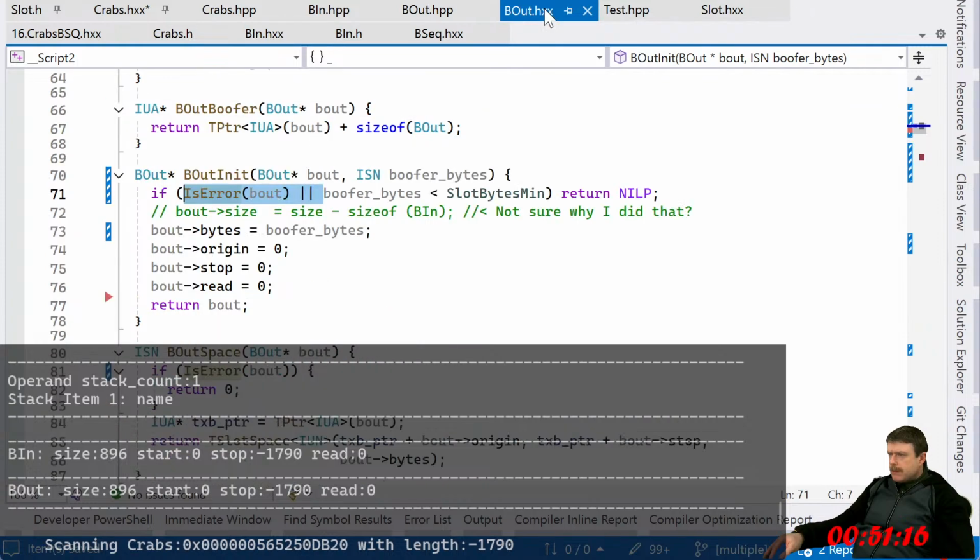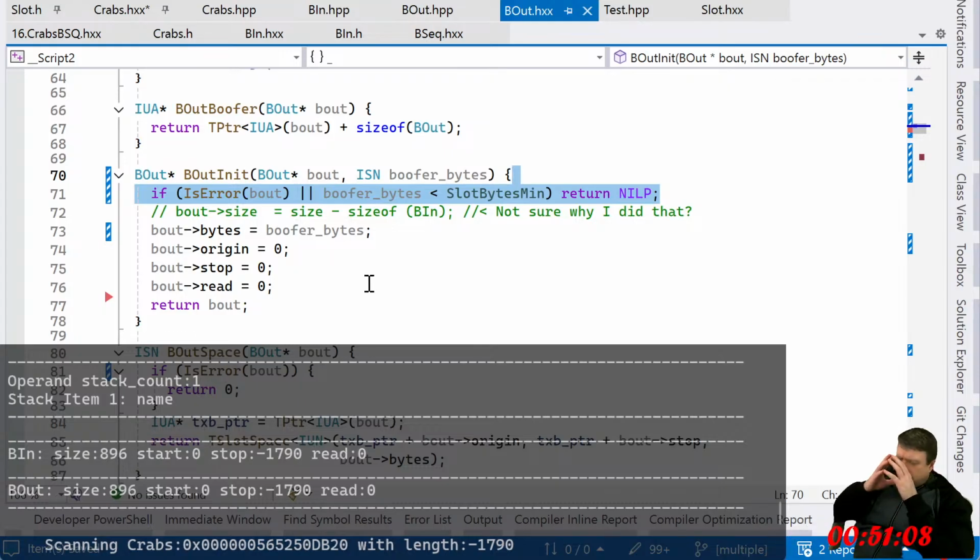Where's the B out? What do I want to do? This should never happen. The error. It just should not happen.